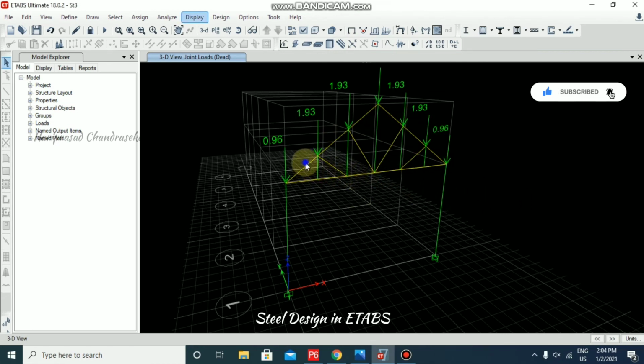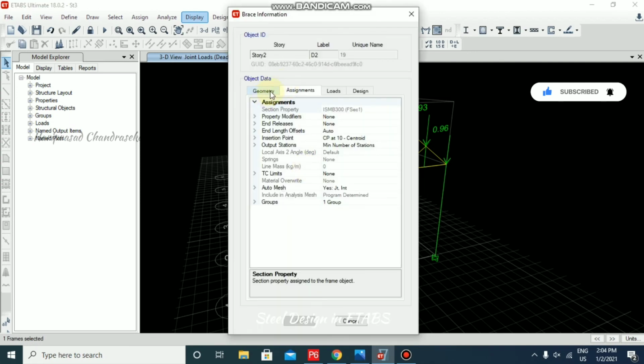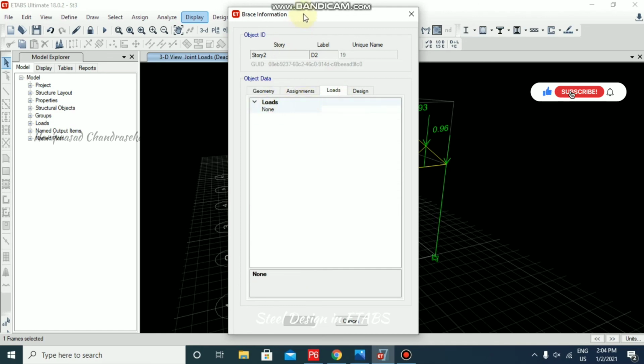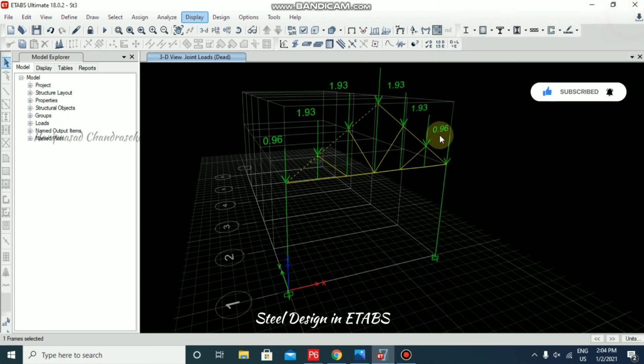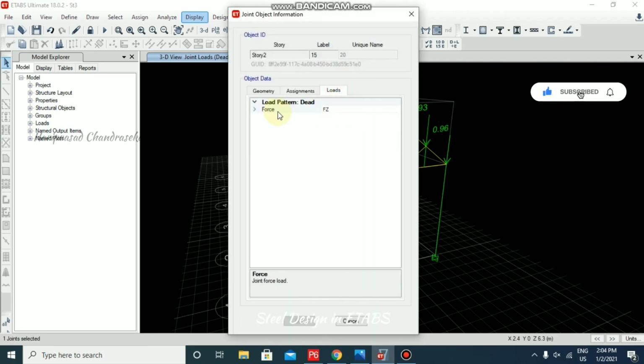Now if you right click over here, you just select and then right click, you will get all those details like geometry details, assignments, and then the property like ISMB 300, even the loads like loads applied none. Because it is a frame, we only applied loads for nodes, so that's why. And now you can go for design, so you can just go for assigning the frame loads as well if you want. Otherwise I'm just clicking the joint and then load. See, it is showing as force F is there,